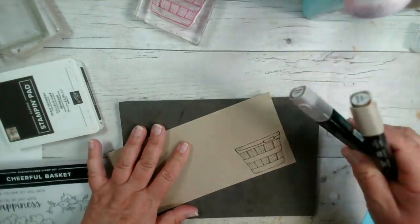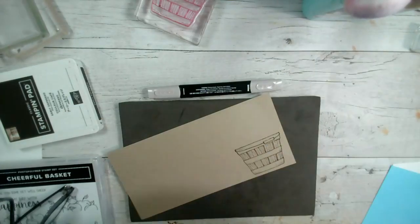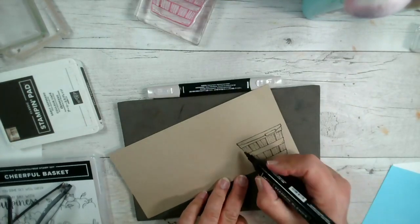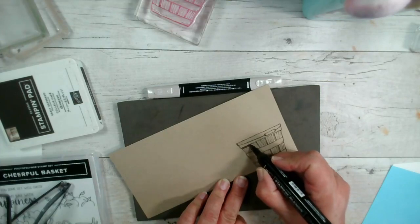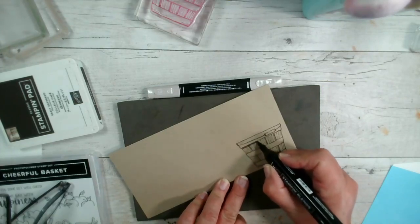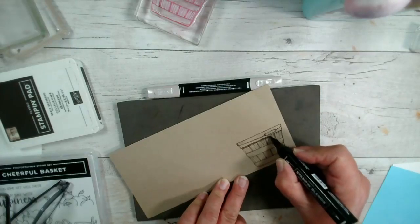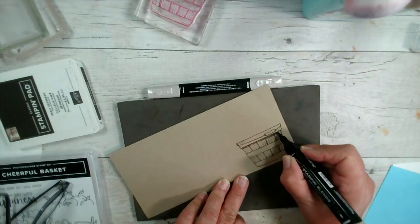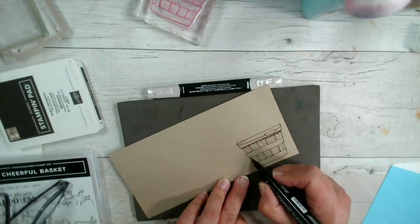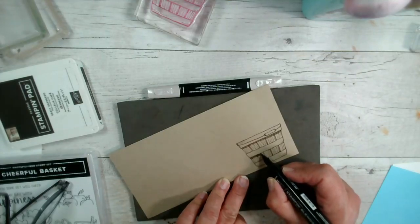So I've got light and dark Crumb Cake pens. I'm just going to take my glasses off so I can see. And I'm just going to add a little bit of shading under these pieces of the barrel. I'm sure there's a proper name for these, the bits that go round that way, like so. But you could leave this uncoloured if you wanted to,